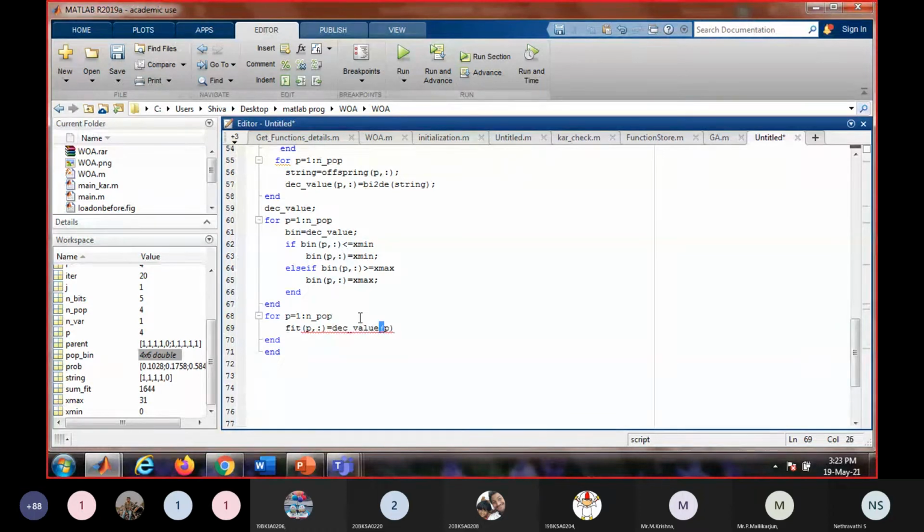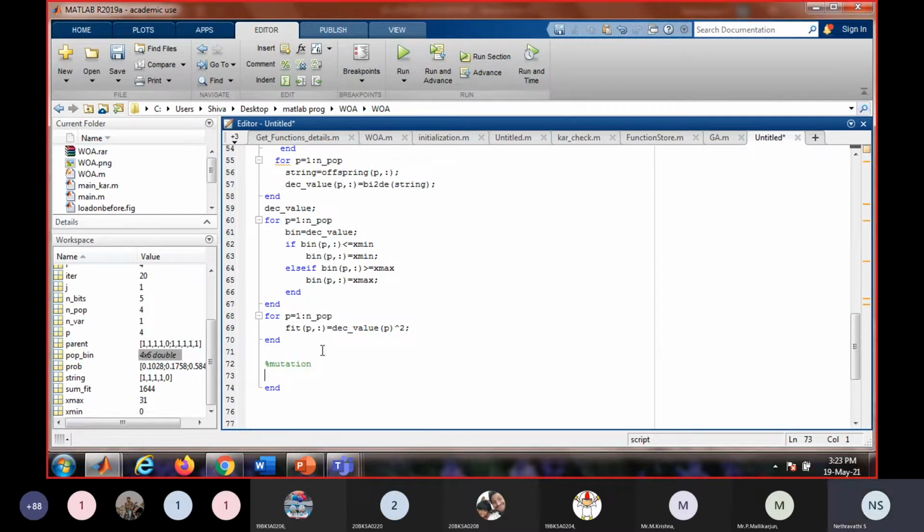Square, X square. Okay. Okay, so this ends the crossover operation. What is next? Next is mutation.